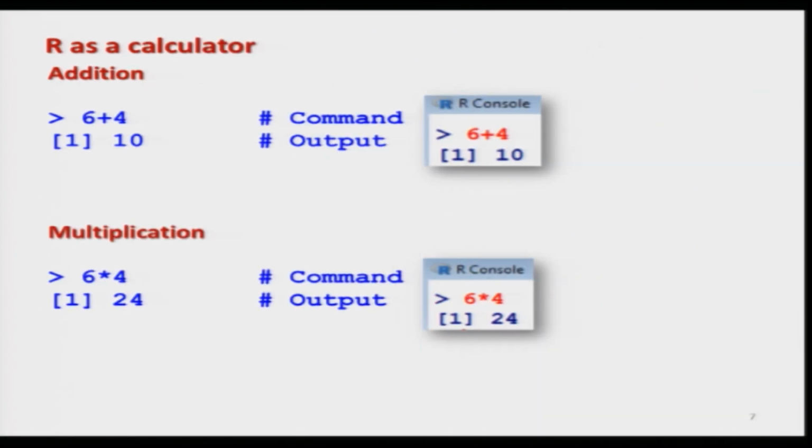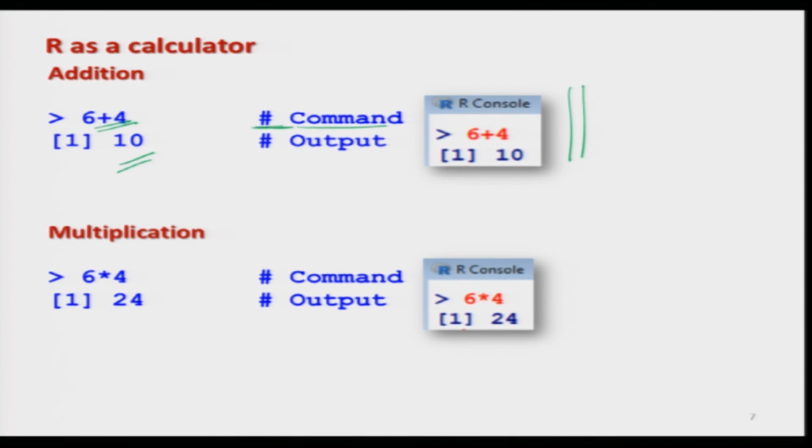If you want to do addition of two numbers in the R console, the usual sign is the plus sign. So, if I want to add 6 and 4, I simply write 6 plus 4, which is equal to 10. And you can see this is the screenshot, and here I am writing this hash command. It is not executed, because whatever is written after the hash sign will